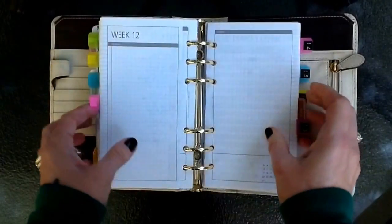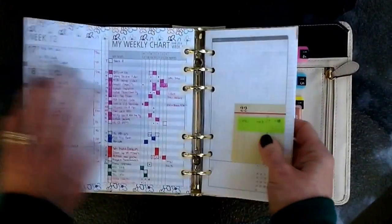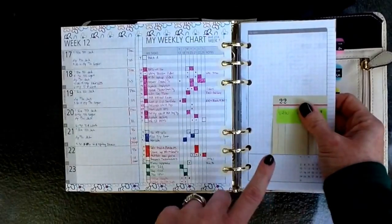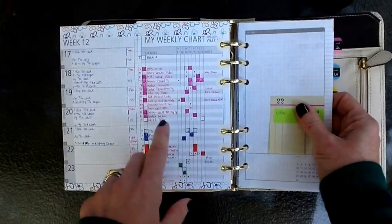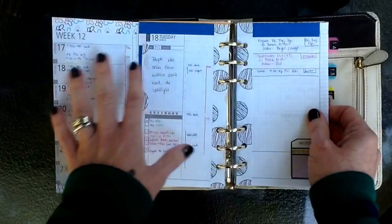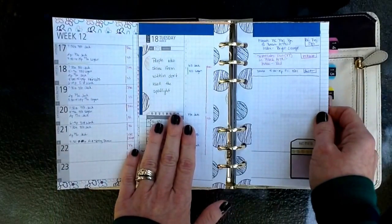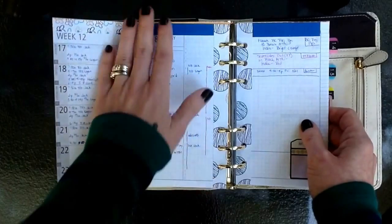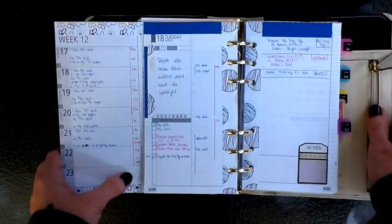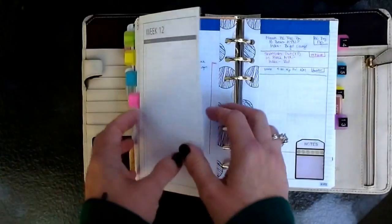Let's see, another difference. So you do have that fold out that you don't have in the MTN inserts. Okay, so that you can see your weekly calendar plus your day on 2 pages. All right, so what I'm finding is a lot of the stuff that I would write, like over here, okay, notes, that I would then